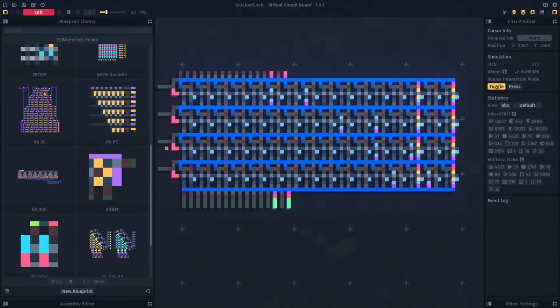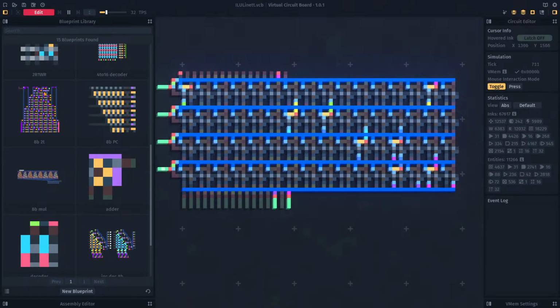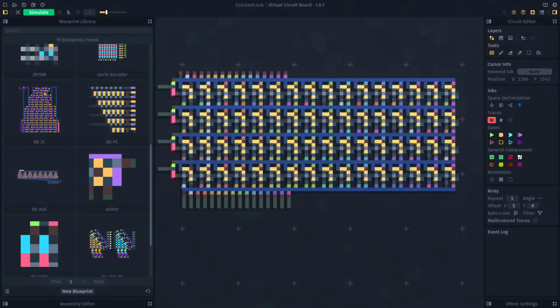Then shift over by 2, 3, very nice, 4, 8, shift over by all of them. Okay, nice. So that's circular shift working,